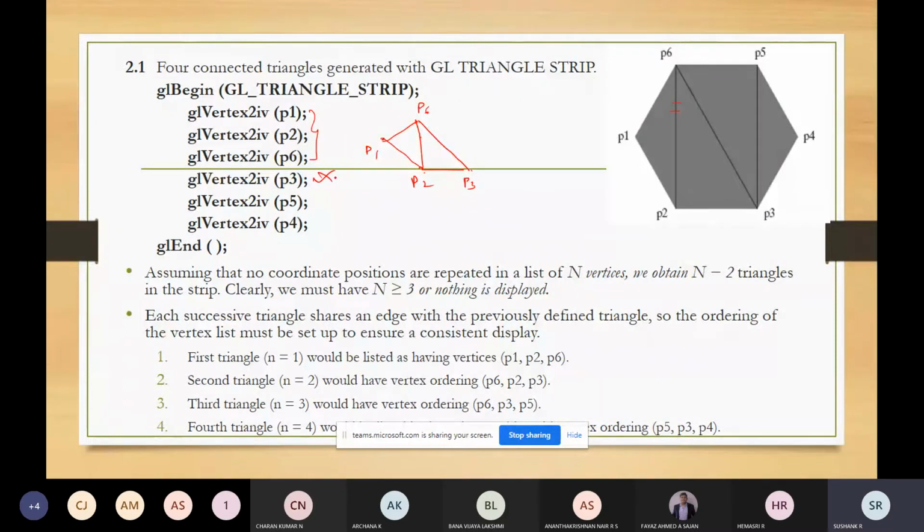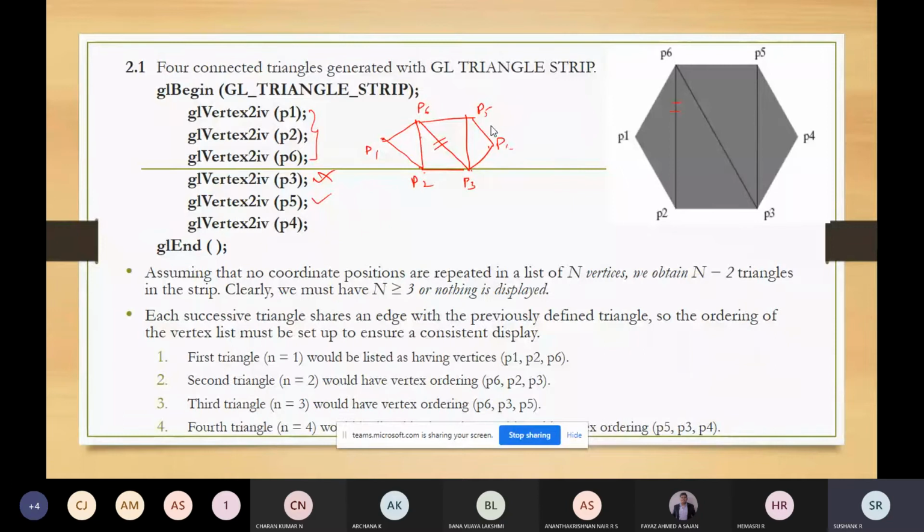After this, the edge which is common is P6 and P3. Using P6 and P3, P5 will be formed. So this will be drawn like this: P3, P5, P6. Now P5 and P3 is common, so after that P4 will be drawn. So this is how GL triangle strip works.